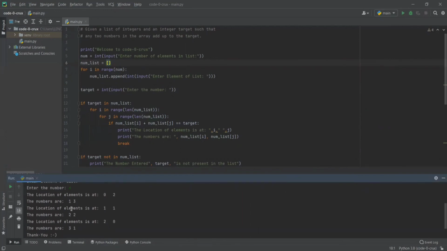So you can see that first we add the numbers. 1 and 3 add up to 4, right? 2 and 2 add up to 4, right? 3 and 1 add up to 4, right? Now the indexes of 1 and 3 are 0 and 2. Indexing starts from 0, so 1, 2, 3, 4. So indexing is right. 1 is the 0th element and 3 is the 2nd. And likewise, you can check for other elements.